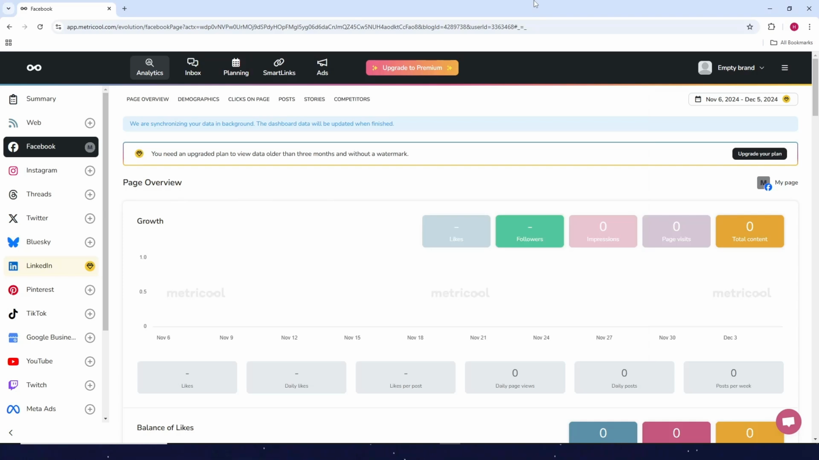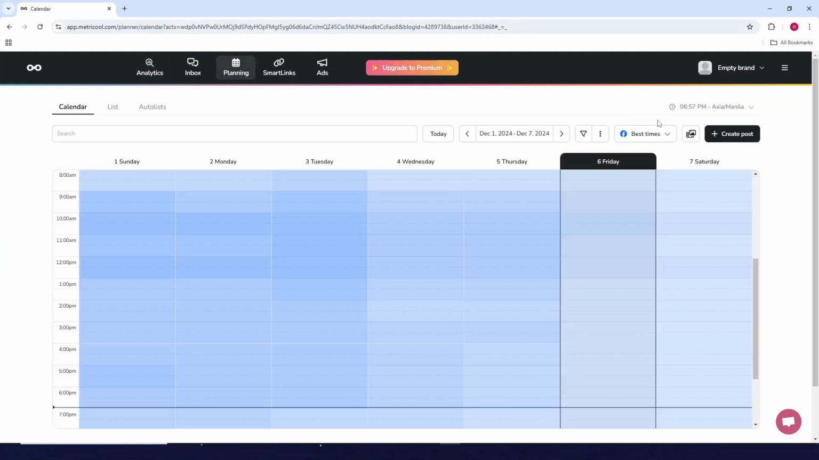How to post on Metricool. So first, go to Metricool, and then of course, for example, I want to post on my Facebook page. So what you need to do is just click on planning here and make sure your Facebook page is connected